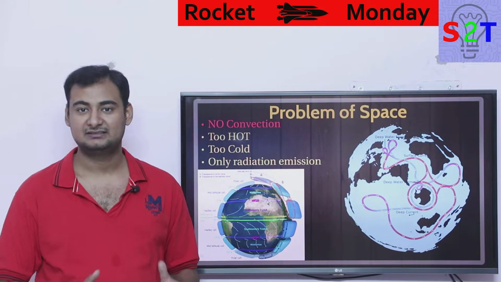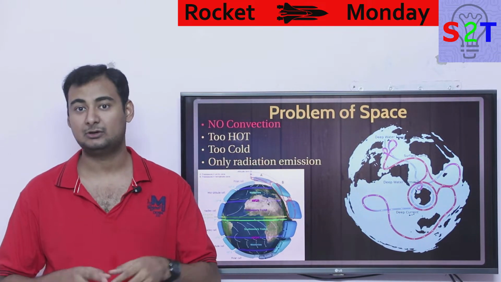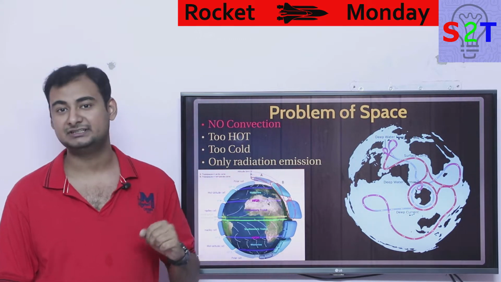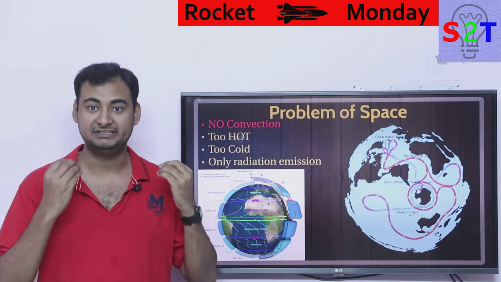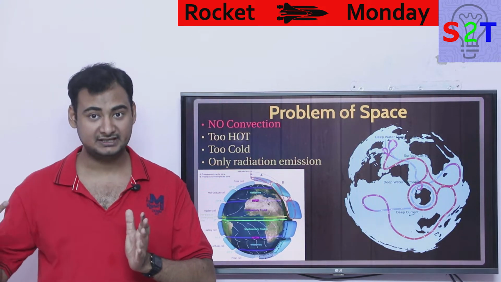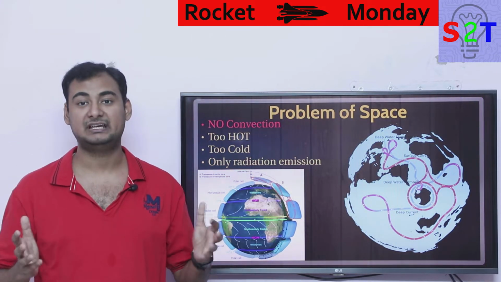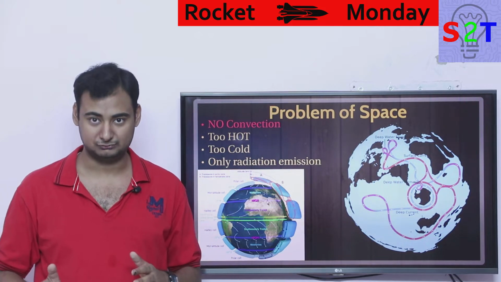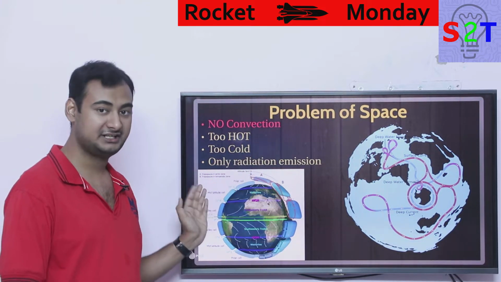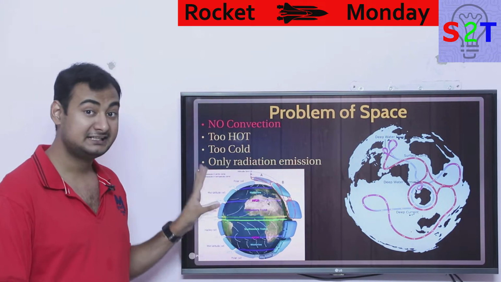Now the first thing you have to understand: the sole reason Earth is even a livable, quote unquote habitable, temperature is simply because we have convection. That is the one thing that is missing in space. Basically we don't have an atmosphere that allows us to distribute heat from the day side to the night side. That is why we have a temperature that does not fluctuate too much, because the atmosphere is carrying heat from the equator to the poles, from the day side to the night side, and on top of that alone would not be